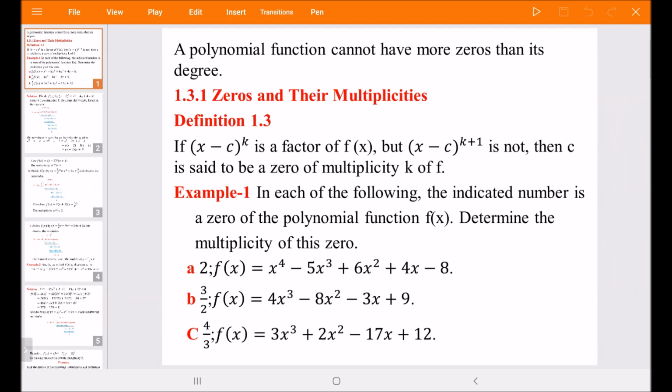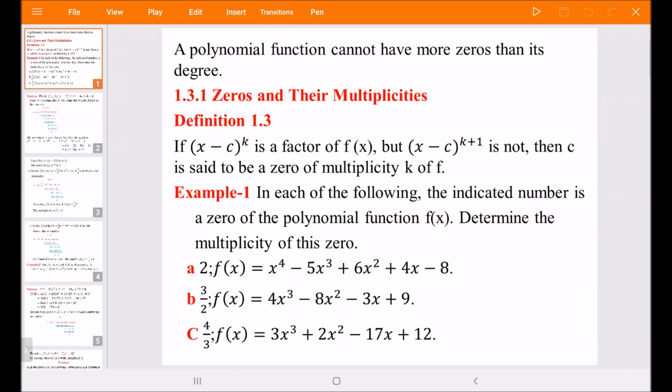Okay, good morning to you. Last Monday, our discussion was on how to find zeros of a polynomial. And we have said that to find the zero or zeros of a given polynomial, we solve the equation, for example, if the given polynomial is f of x, we solve f of x equal to 0. And I told you that if the leading coefficient of a polynomial